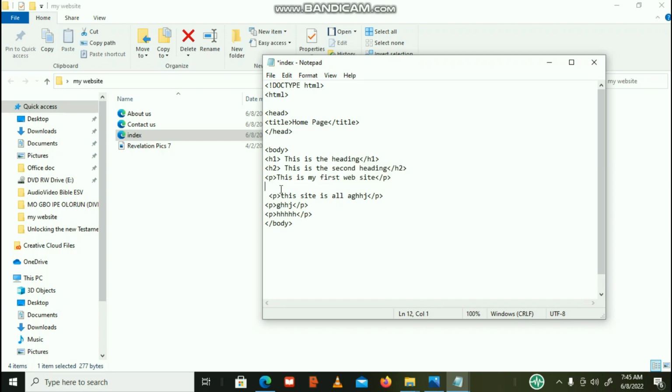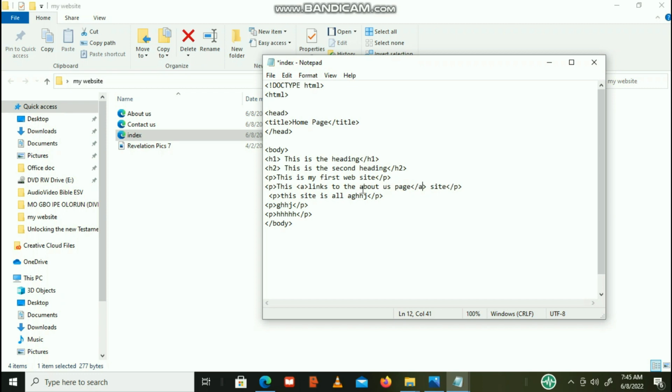Copy, paste, then I have this, links to the about us page. So now what you're going to do is this. Where you have the words that you want to click on, you're going to wrap those words with the a element. So let me start from here. You're going to have a, then you're going to have